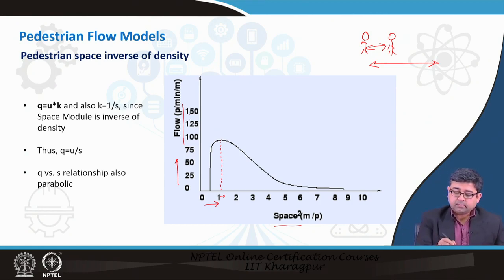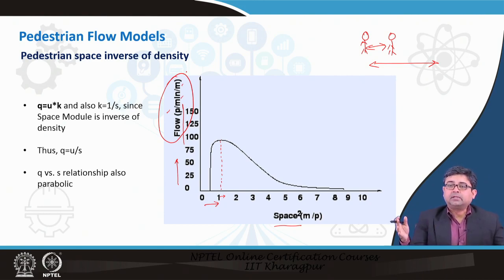So, when there are fewer people walking, the flow, which is the number of people per minute per meter, also reduces. A sidewalk may have a lot of open space. A person is walking very freely, yes, they have their freedom to walk, but at the same time there are not enough people to justify such sidewalks.